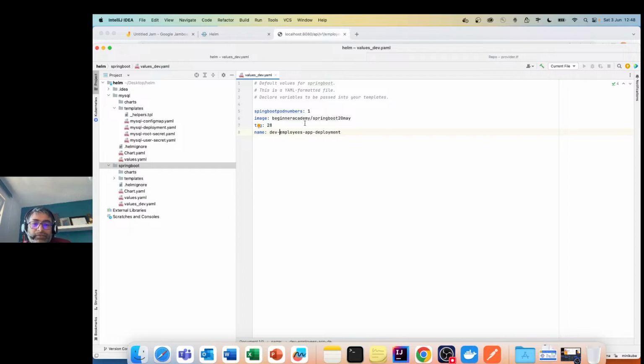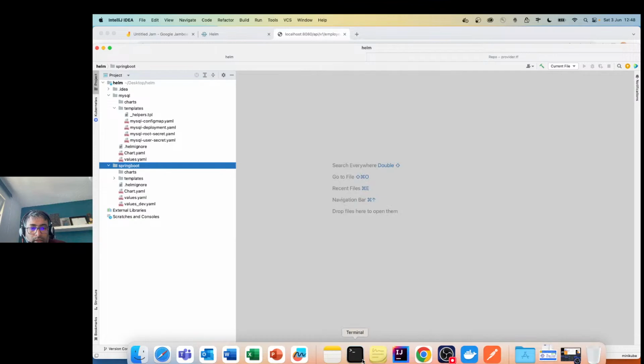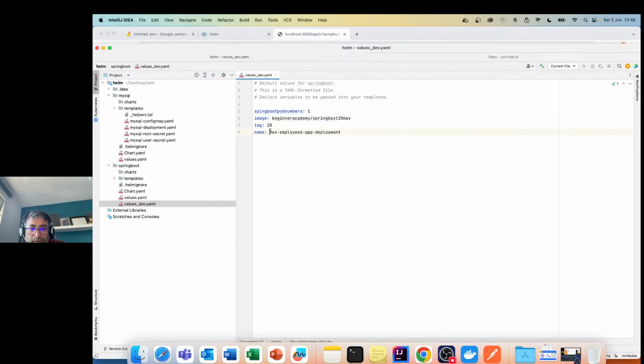So I'll say dev to the name. Okay, so I go and I have created a new values.yaml file and changed the value of the name like this. Okay, so now